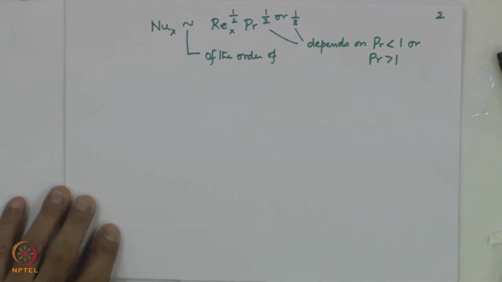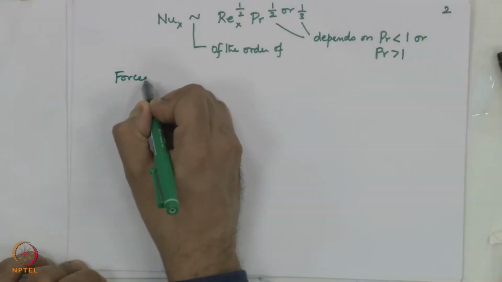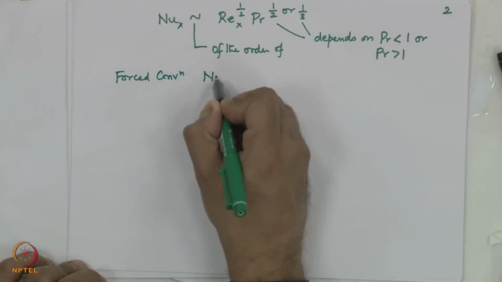Most of the time in our curriculum, we give a bunch of correlations. These are tabulated in textbooks, and the students are told that you have to use this correlation under this situation and that correlation under that situation. And many university examinations require students to memorize these correlations, and it's a really unfortunate thing that you have to memorize formulae of which you don't know the basis also. Now, through this, you will at least realize that for forced convection, all your correlations are going to be functions of